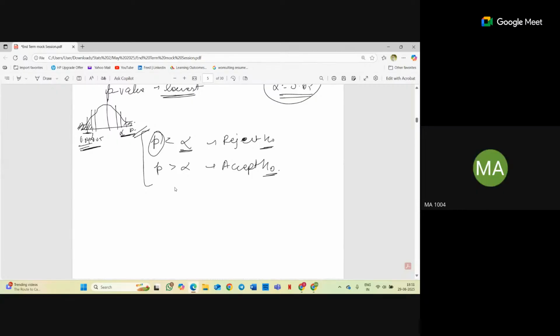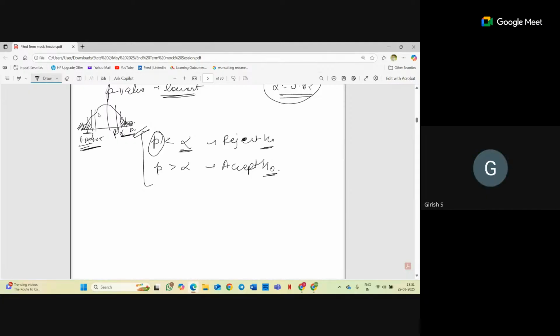Like alpha is 0.05. Let's consider the right-hand side now, and the p-value is going to be 0.06 or something. The p-value is going to be greater than alpha. In a right-tailed test, it falls in the region of rejection, right? But my alpha is my rejection region. Let's suppose this is my p coming out, but my rejection region is this, right?